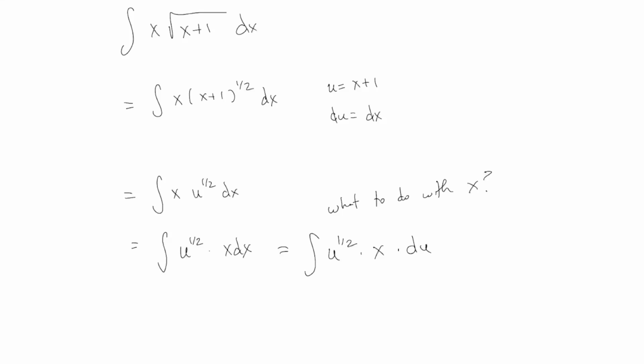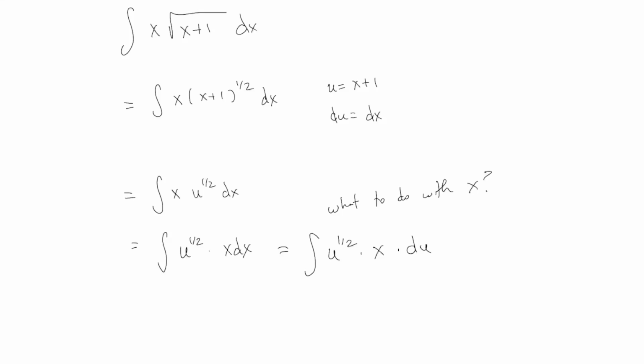What about the x? Anybody done a fancy one like this in the past? Any ideas? This is slightly out of the box here. What about the x? What we usually do is we look over here and say, do I see something about x times dx? Like you don't in this example. There is nothing about x times dx. You can, though,